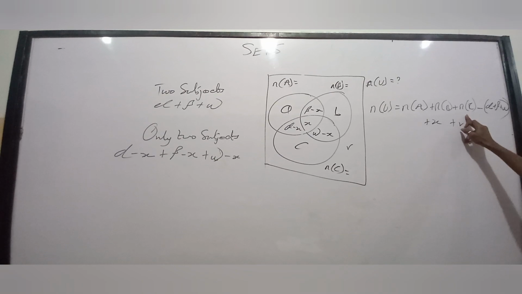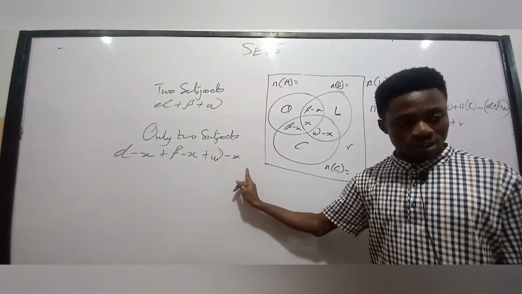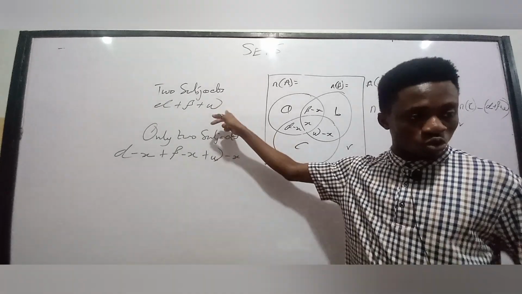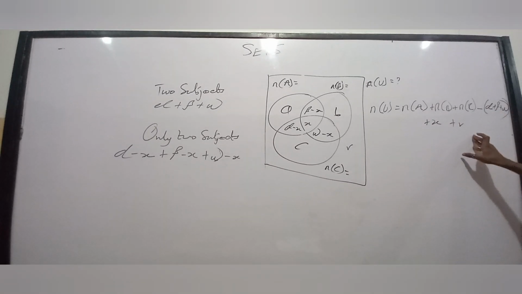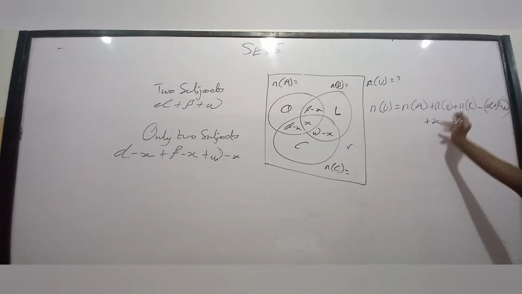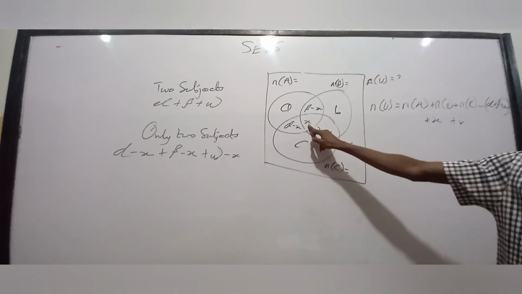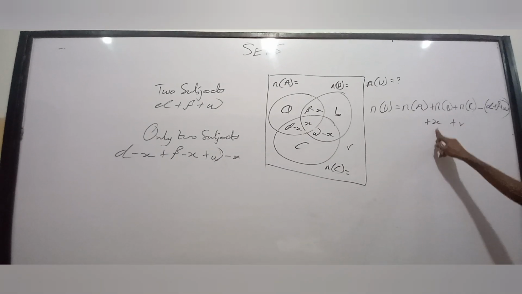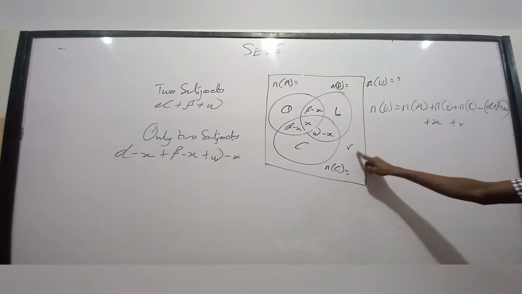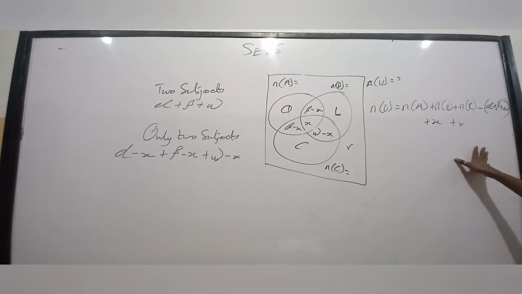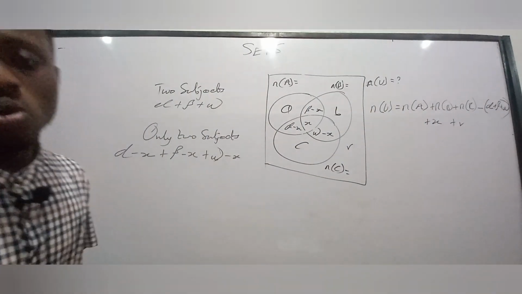Then you subtract what? 2 subjects, not only 2 subjects. Then when you are done subtracting the 2 subjects, you add the 3 subjects, the intersection of the 3 subjects, which is this. And if there is anything outside the Venn diagram, which is R, you add that one too. Then you are good to go. Do you understand? Okay. So I would